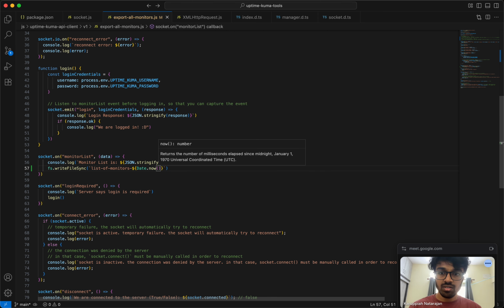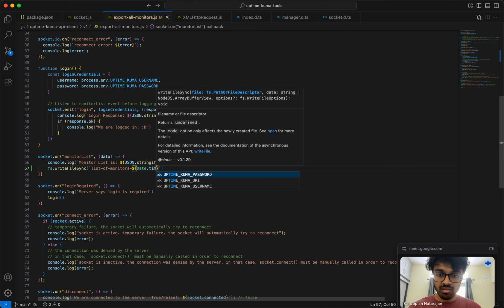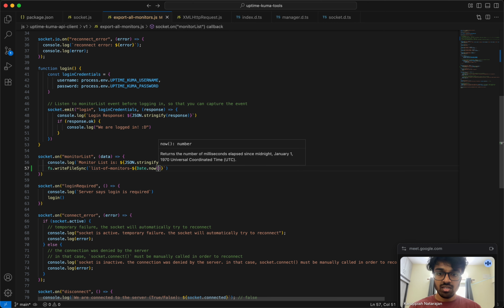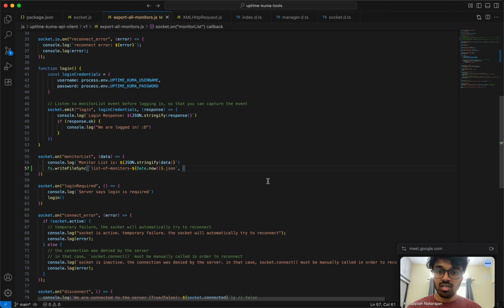I think this should be good, because Date.anything else, I don't know, time. I think now is good. And then .json. So that's the file path, and then the data is basically this,